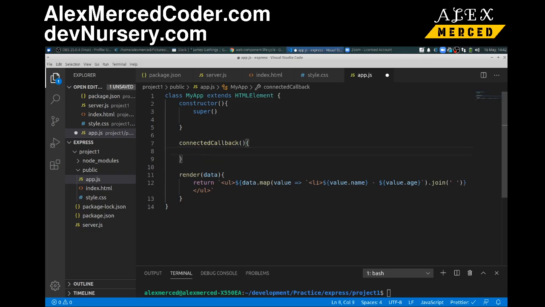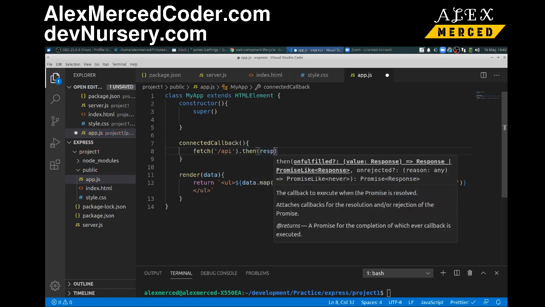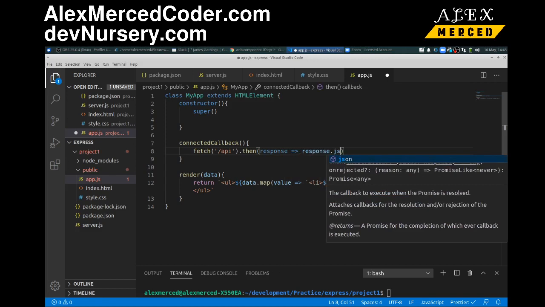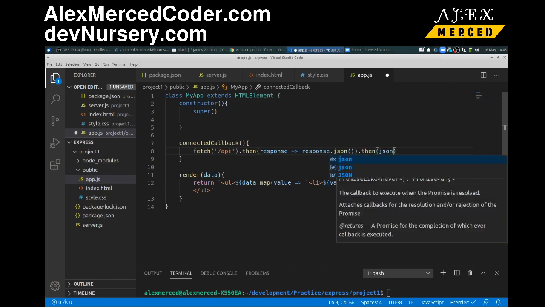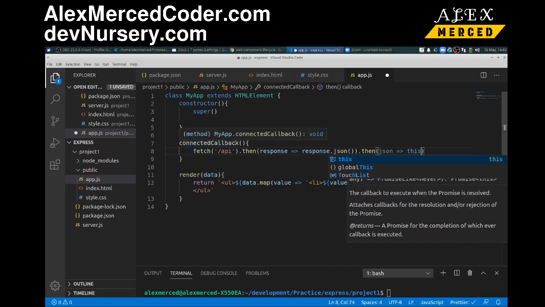Okay, now in this function, what I want to do is, sorry for the beatboxing. Let's see here, connected callback. Here I want to do a fetch, and I'm just going to do a fetch to /API. Okay, I'm going to get dot then. We'll get the response, which will then have to be response.json. Then dot then, we'll call that JSON, and we'll store that in a property called this dot